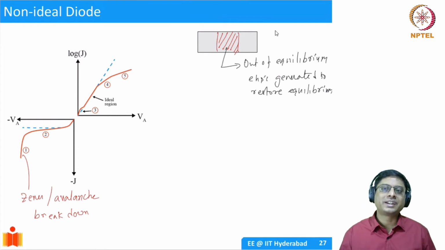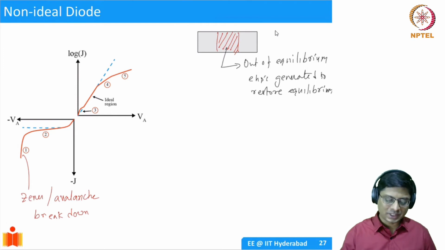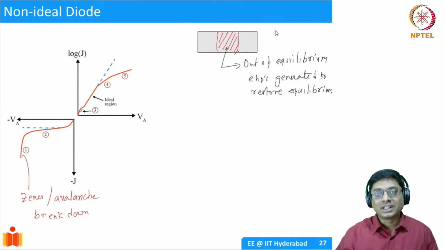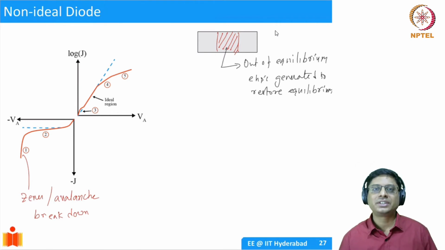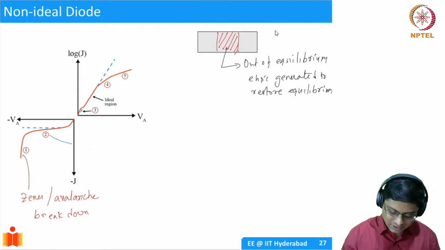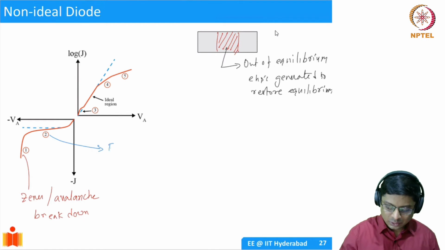So if you have electron hole pairs getting generated, we said the reverse saturation current was due to the availability of minority carriers. On the quasi-neutral regions, you will sweep away whatever carriers were available into the other side. That's how reverse saturation current was coming. But in addition to that, now you have electron hole pairs which are getting generated in the depletion region itself. And as the depletion region width increases, more and more carriers are going to get generated. So this leads to one form of non-ideality, which is EHPs in the depletion region.